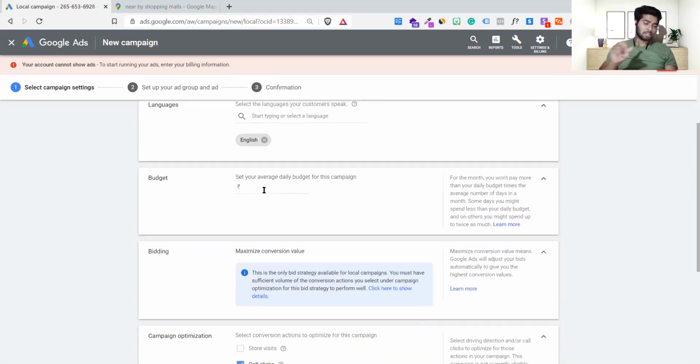Okay, now this is the budget. We don't have any drag button to increase or decrease. We have to give manual entries like this, and there is no recommendation as well, because it's not an AI-based thing. This is something where you are taking total control. This is called manual controlling of your whole campaign.